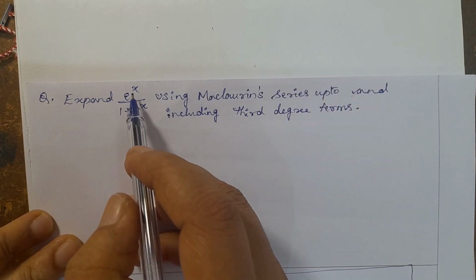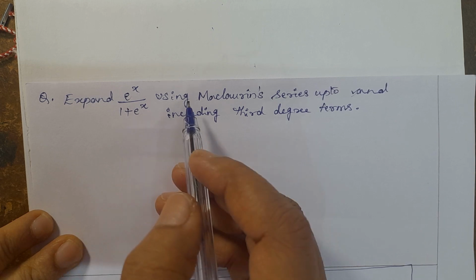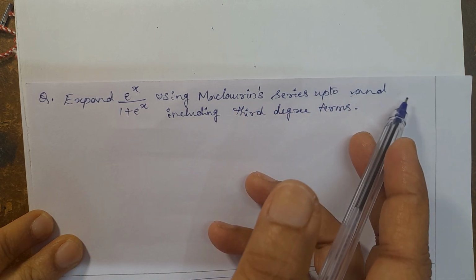So expand e power of x divided by 1 plus e power of x using Maclaurin series up to and